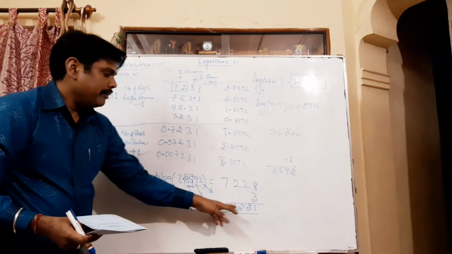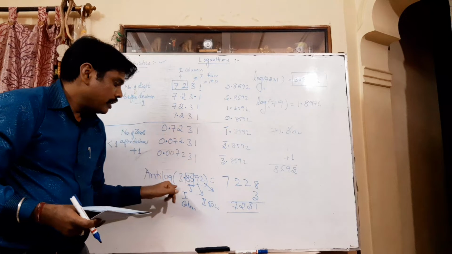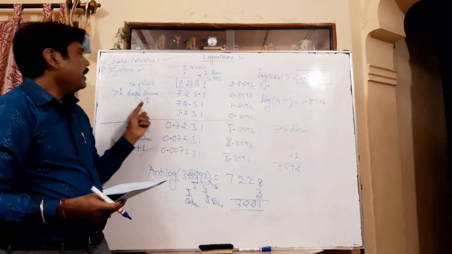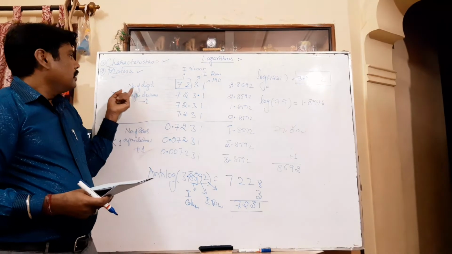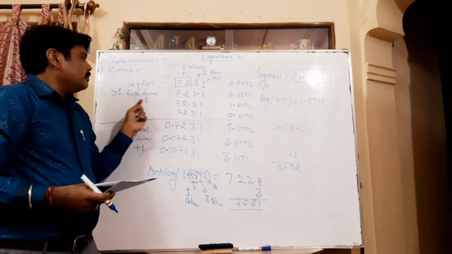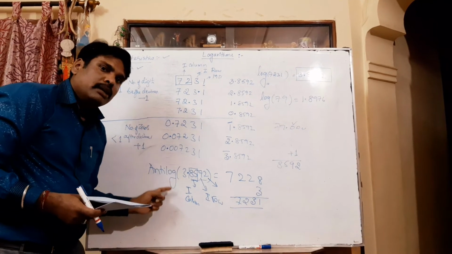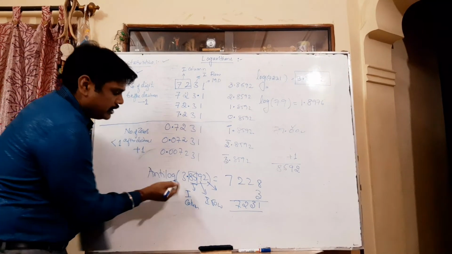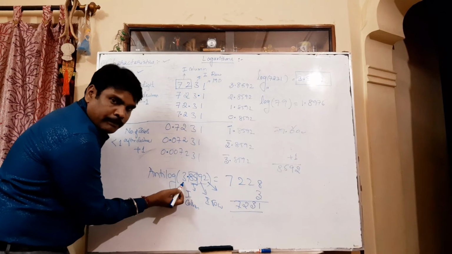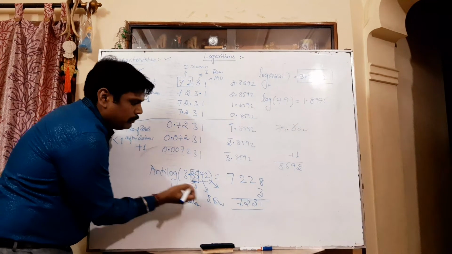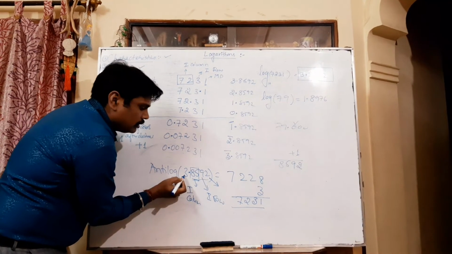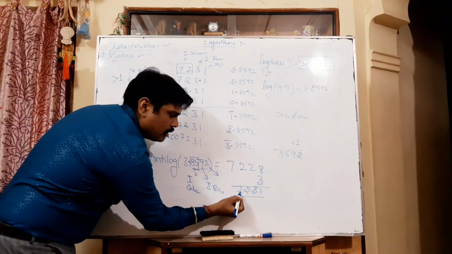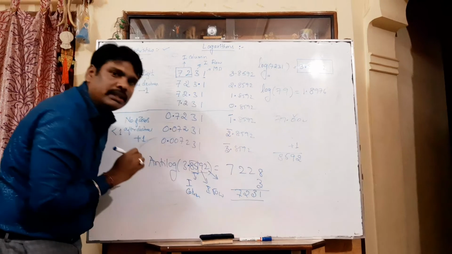One more important thing: if you write simply 7231, it is not sufficient because we have to remove the characteristic also. How to remove this characteristic? We have to apply the anti-rule. The number of digits before the decimal plus 1 we have made. Here we have to make the number of digits plus 1. Minus 1 will become plus 1 here. How many digits are there before the decimal? 3. So while placing the decimal here, we have to take 3 plus 1, which means 4. After 4 digits, you have to place the decimal. 1, 2, 3, 4. Here we place the decimal.